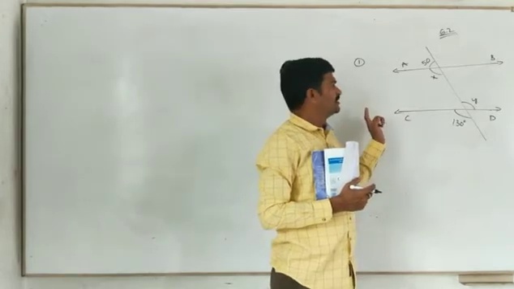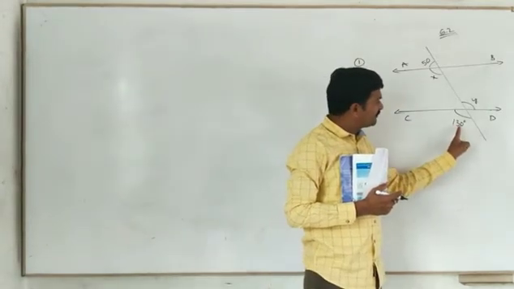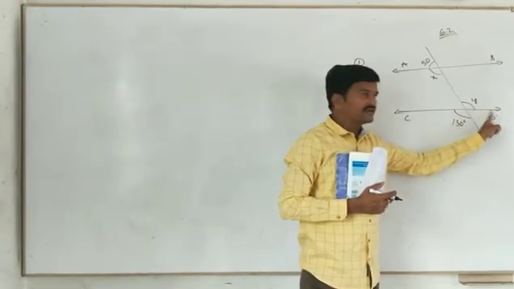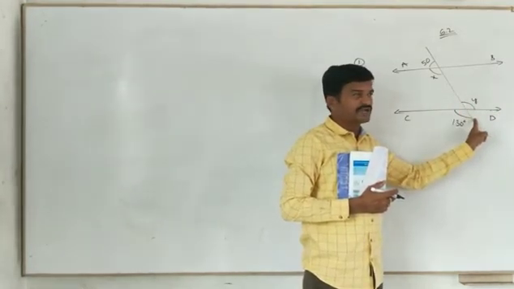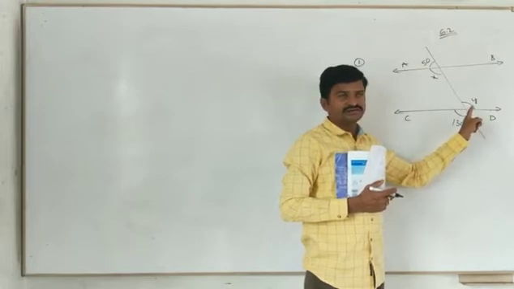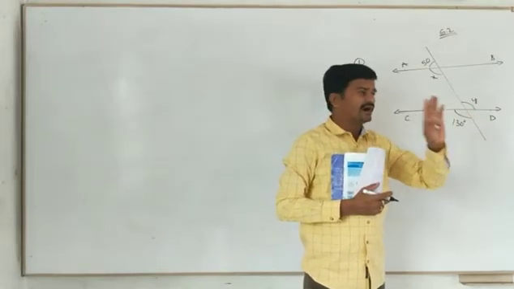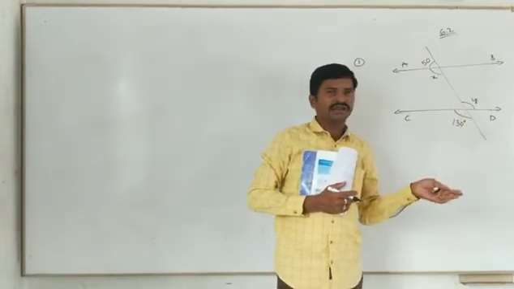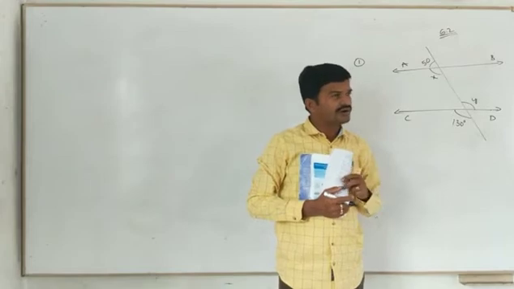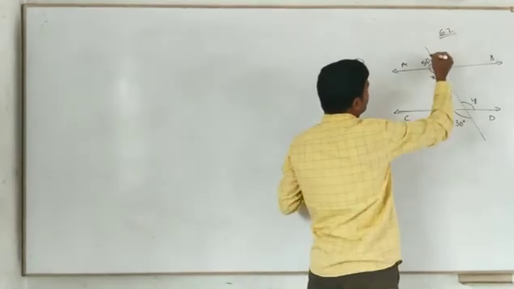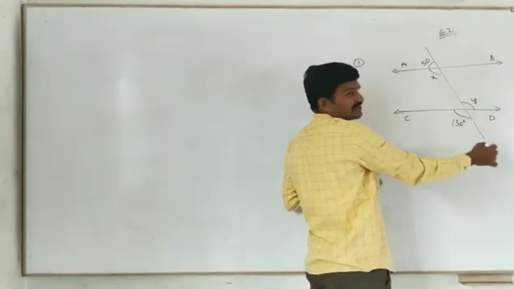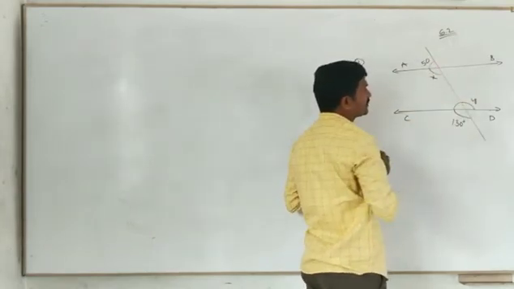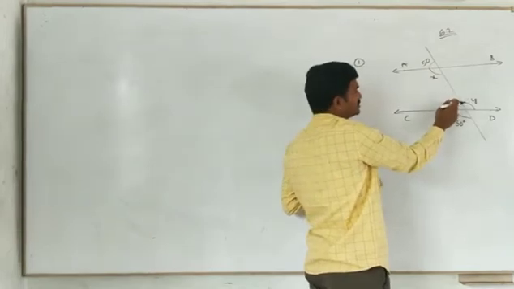Are you clear? Straight away we are able to find the value of y, or not? Yes, sir. Because these are two intersecting lines, and these are what? Vertical opposite angles, or not? So vertical opposite angles are equal. Or else, if you don't want to apply the vertical opposite angles property, because it is not related to parallel lines and transversal, then what will you do? Here, this is the transversal, or not? When this is the transversal, this angle equals this angle, or not? Yes, sir. Corresponding angles.